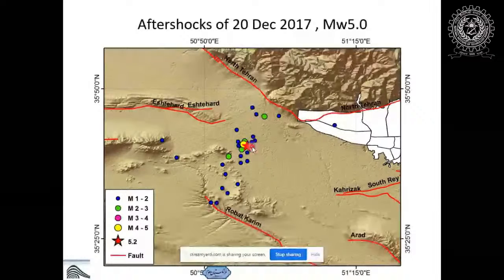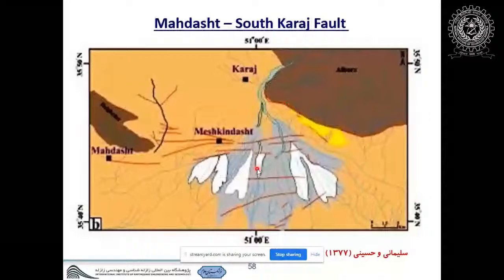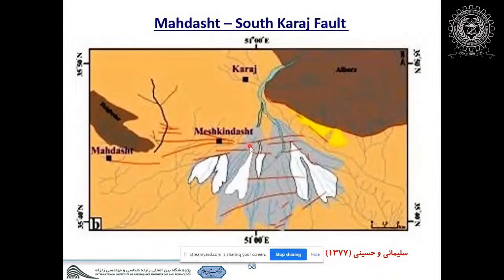This is the western part of the city of Tehran, and the earthquake occurred in the Mottash fault zone in southern Karaj, a city of 2 million inhabitants,